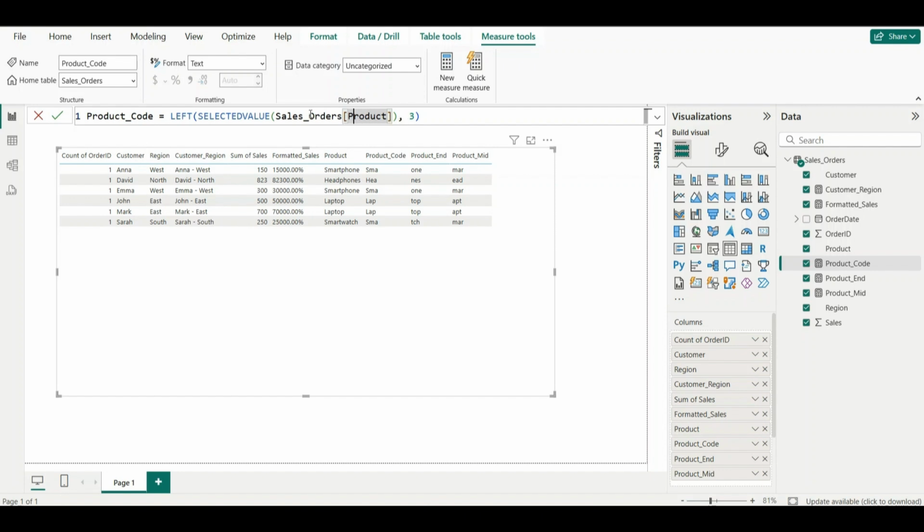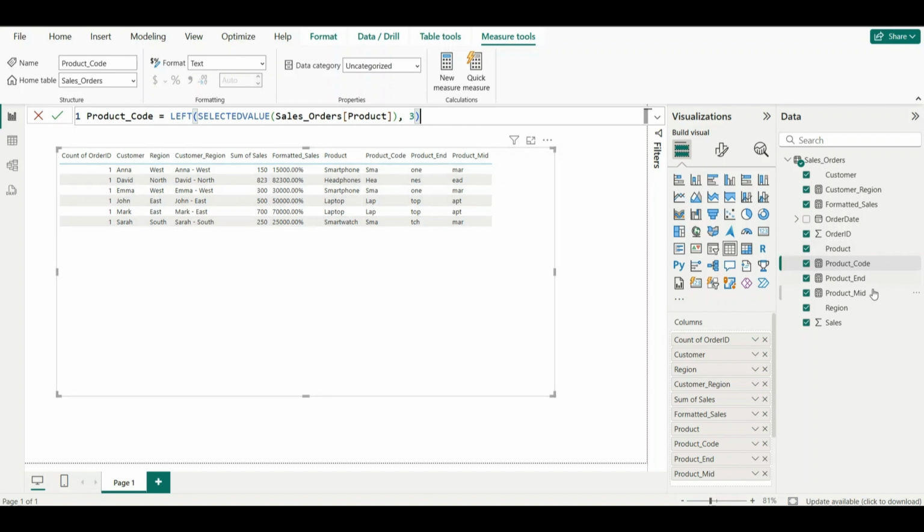Whenever you create a measure, you cannot directly use a column, so that is why we are using selected value. And after that we are specifying how many characters we need from the product column. In this case it is 3, so that is why it is giving the first 3 characters from the product